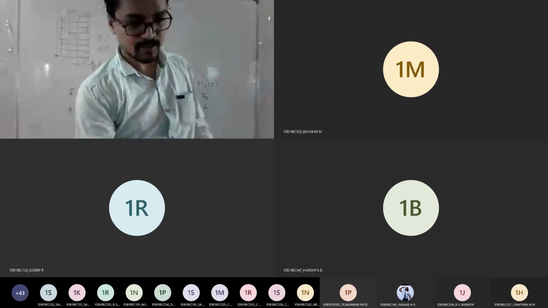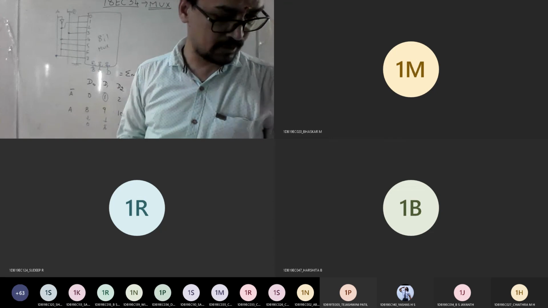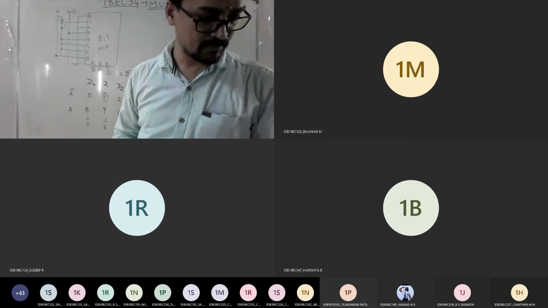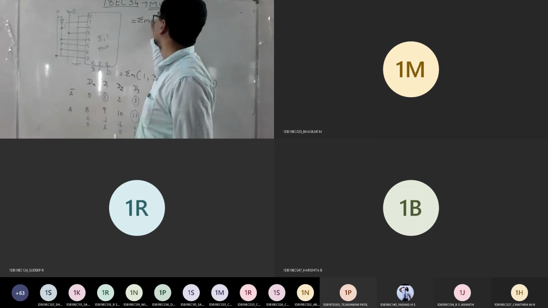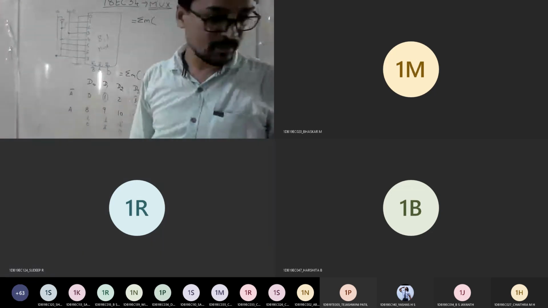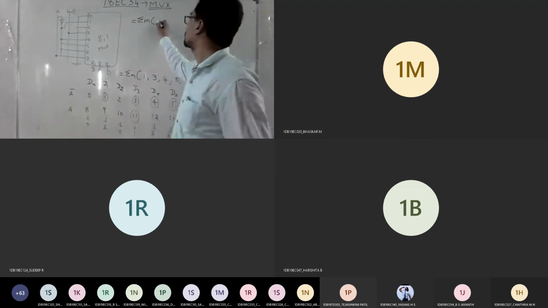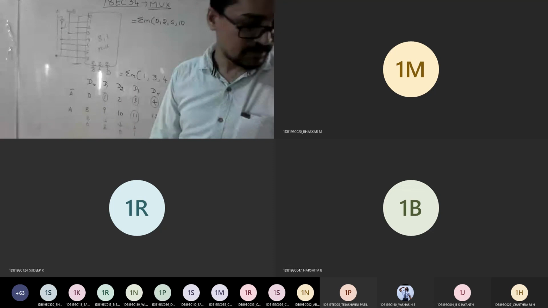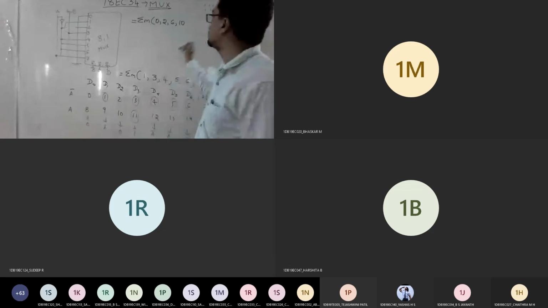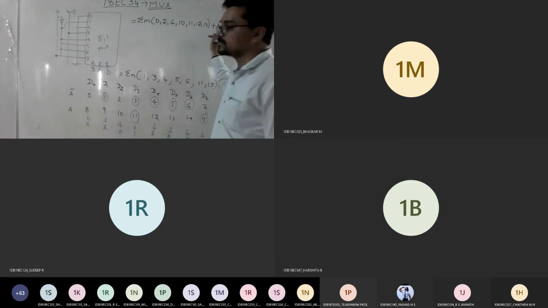They are given in terms of minterms. So minterms are 0 to 6, 10, 11, 12, 13, plus. So what does this symbol represent?